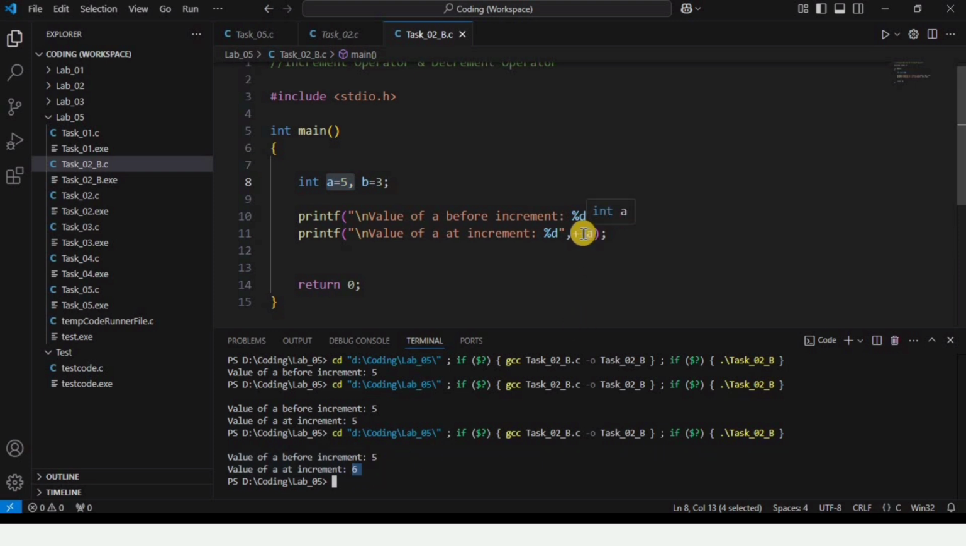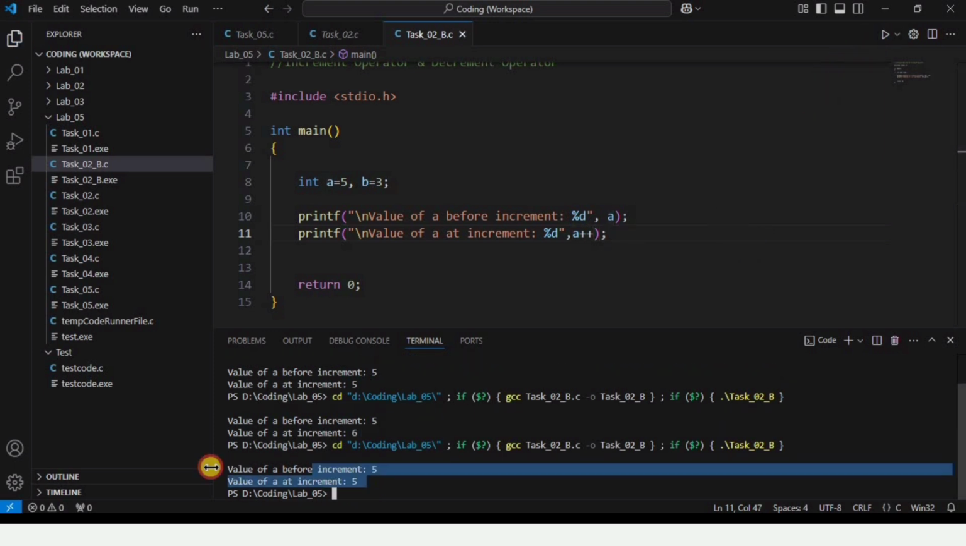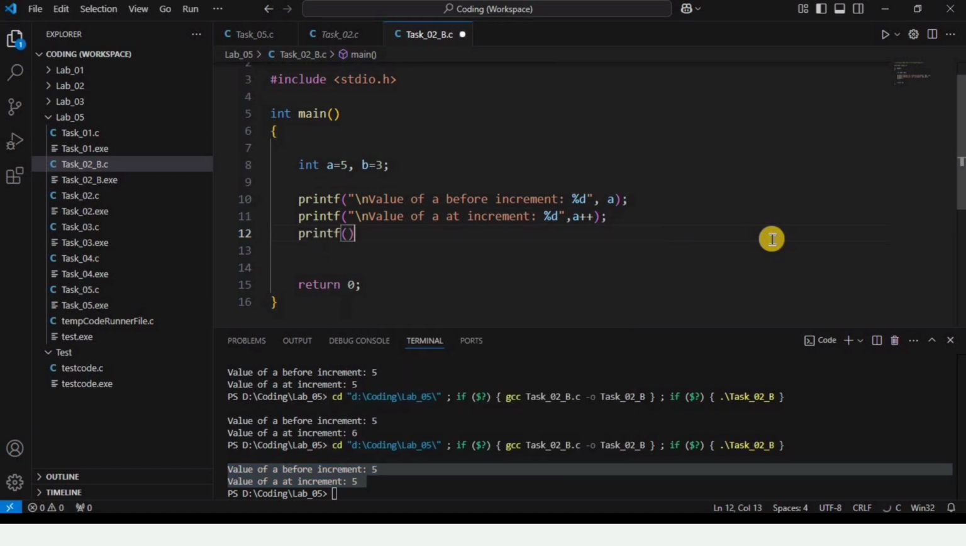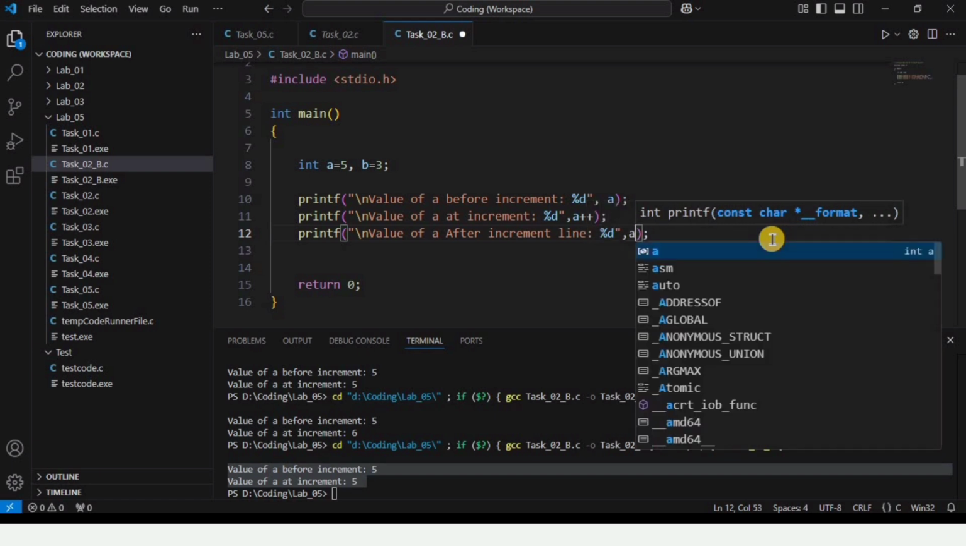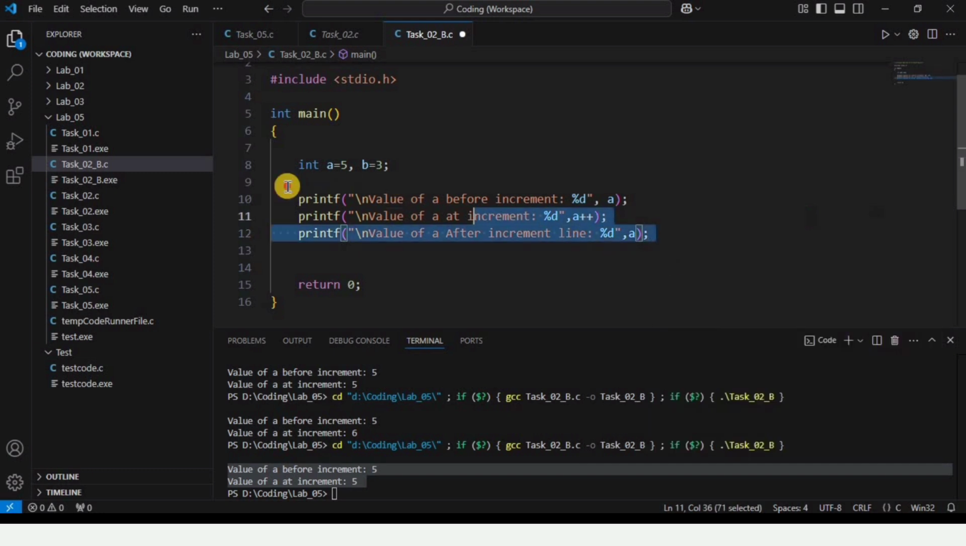But this is not the case for the post increment. So let me rewrite it as a plus plus and again run this code, and as you can see the value remains 5. And it is because the value gets increased in the next line. So I am writing on the very next line printf value of variable a after increment, or you can say post increment, is %d, and let's print the value of a here, and here it should be 6 because